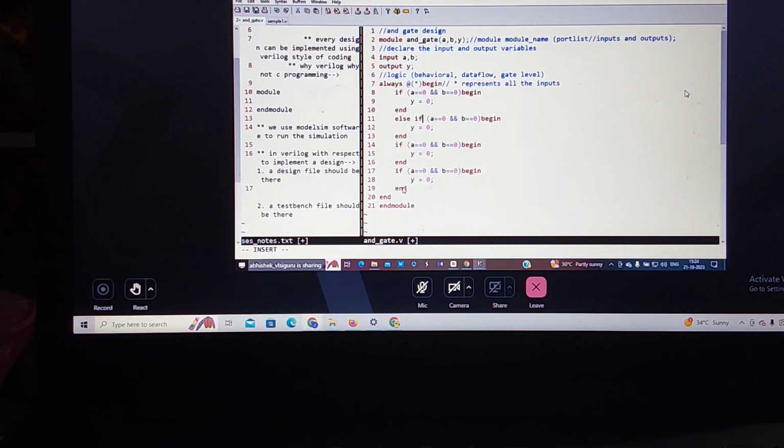else if b equal to 0, b equal to 1. Y will be 0 or 1? 0. Else if 1, 0. Y will be same 0. Is the last condition correct? How many lines are present inside the truth table? That many logics we can write. 4 lines are there. 4 logics I need to write. The last one will be